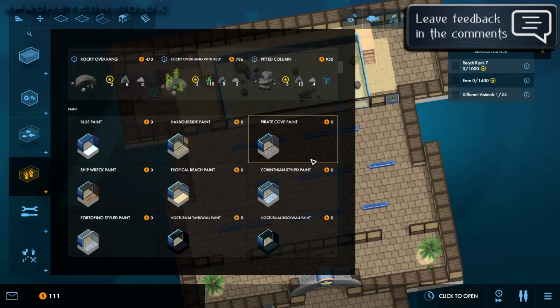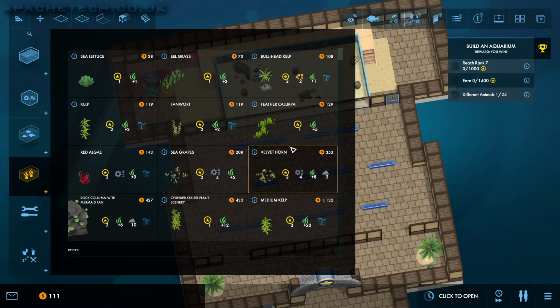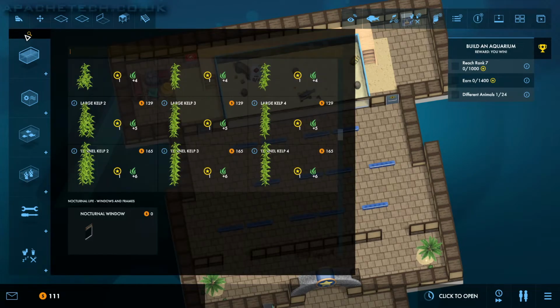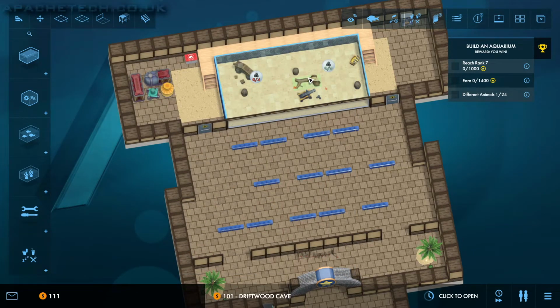So how much is cave? Let's have a look. Rocky overhang, that would do, so we need 470 for that. Looks like, unless we get driftwood, how much is the driftwood? 135. 135. So if we put that in to start with,